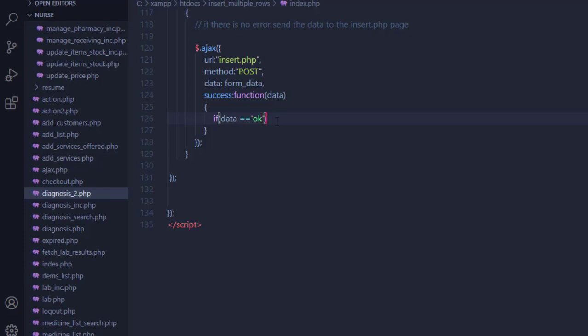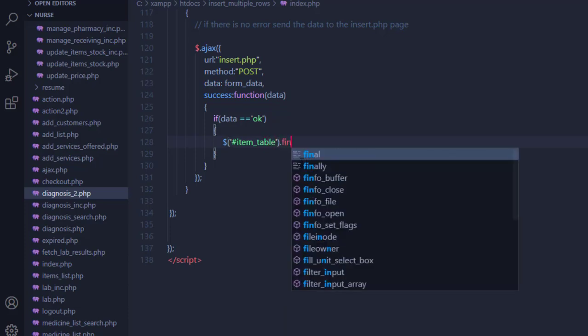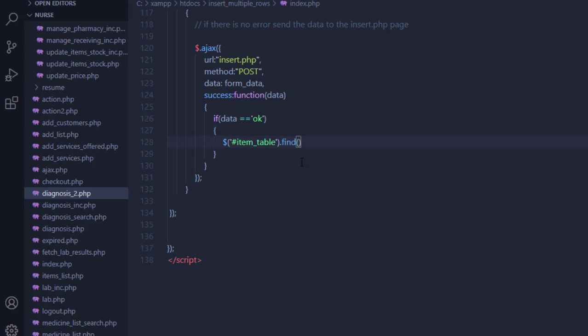So below here we are going to come and again have a set of curly brackets, and within which we are going to come and have a variable, a set of brackets there, set of single quotes, and then the ID item table, a dot find,